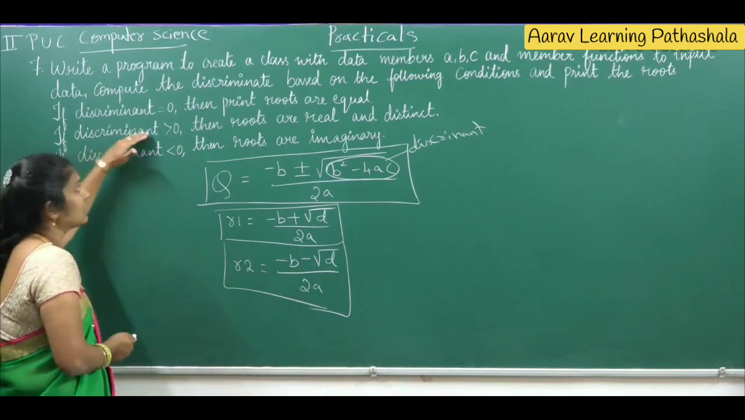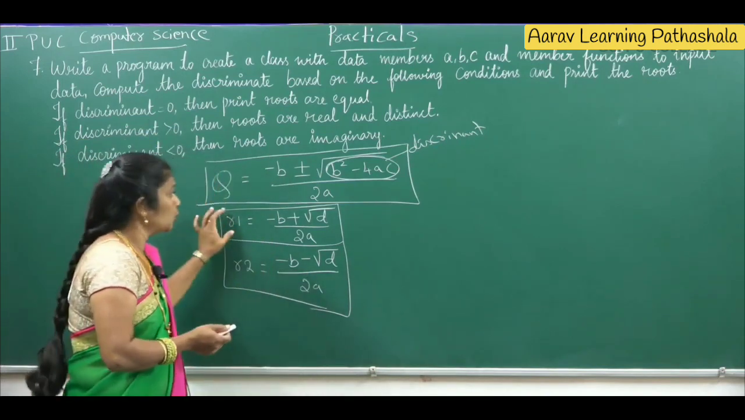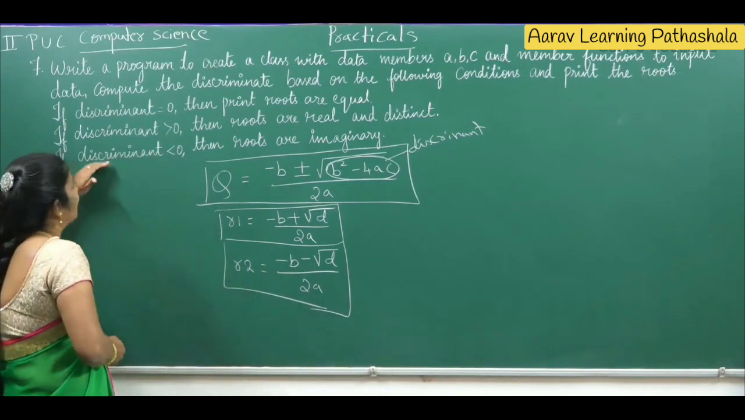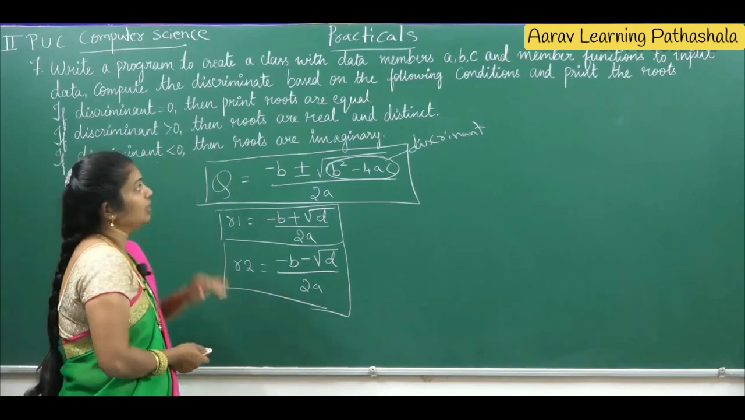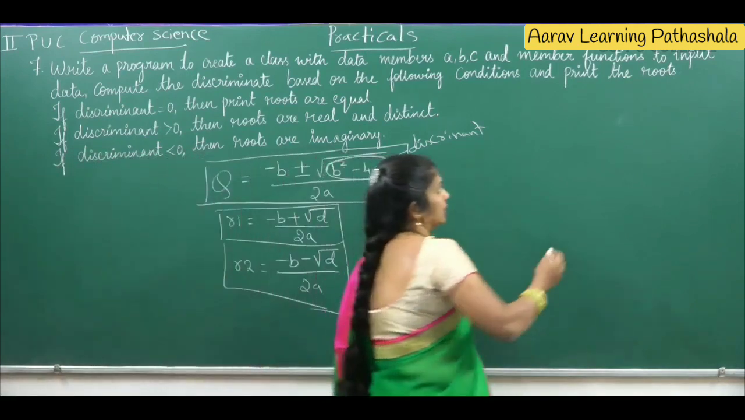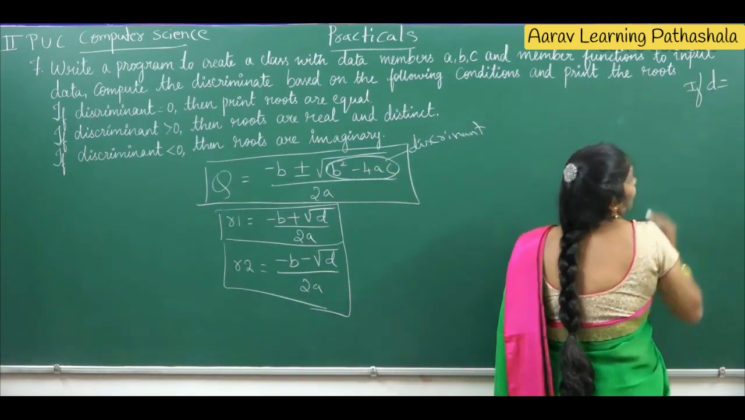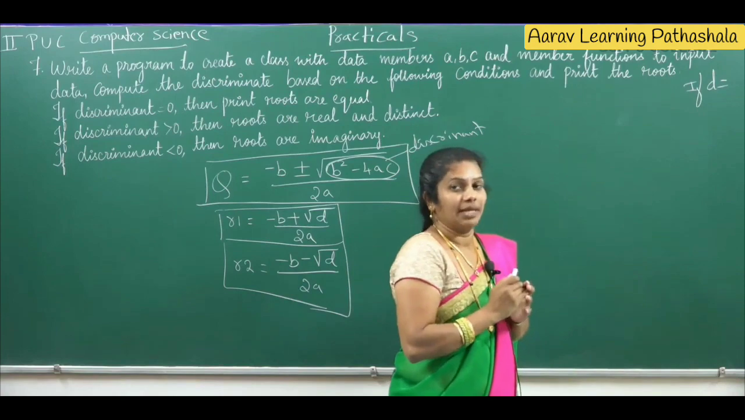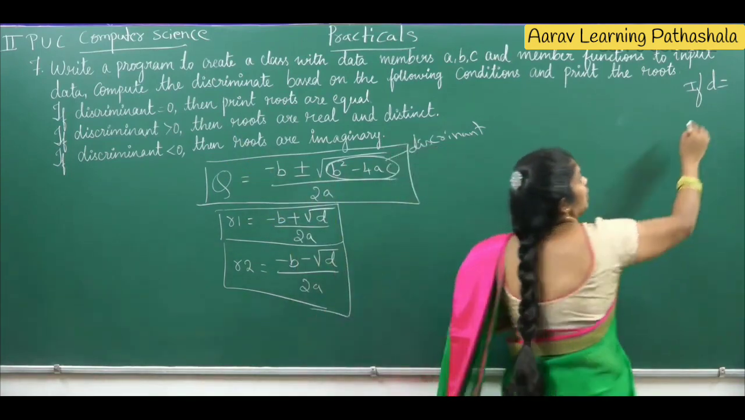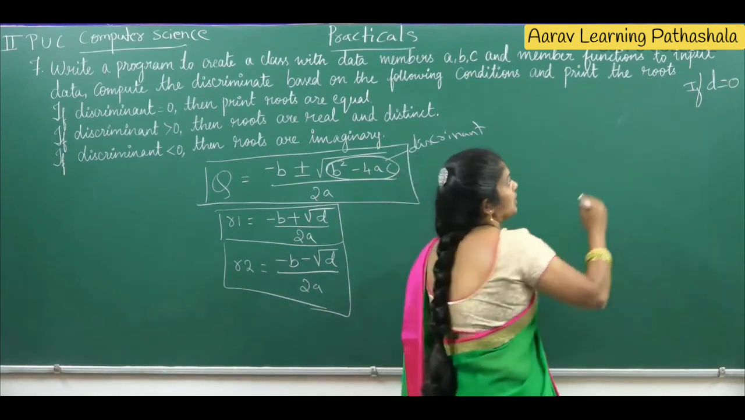In the same way, if the discriminant is greater than 0, that is if it is positive, you have to find what root 1 and root 2 represent. If the discriminant is less than 0, then roots are imaginary, and it has to be displayed. Once again I will recall all the things. See the question, if the discriminant is equal to 0,